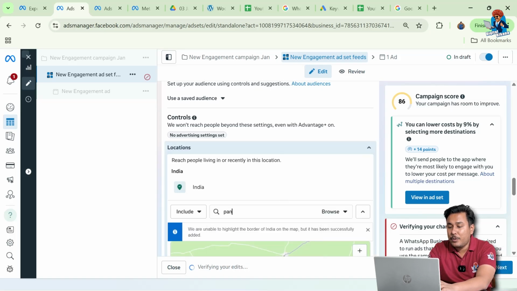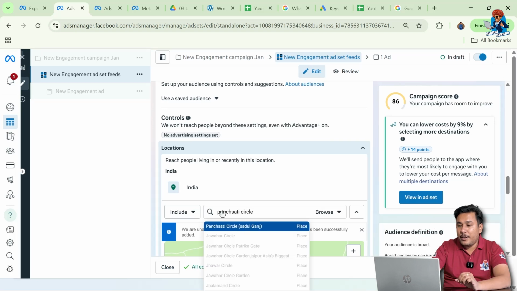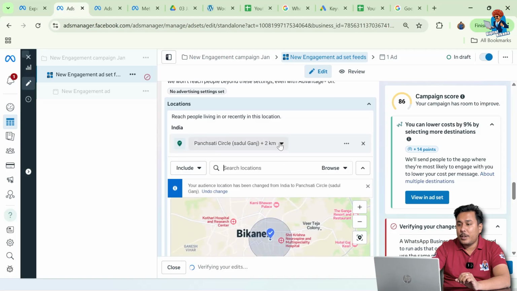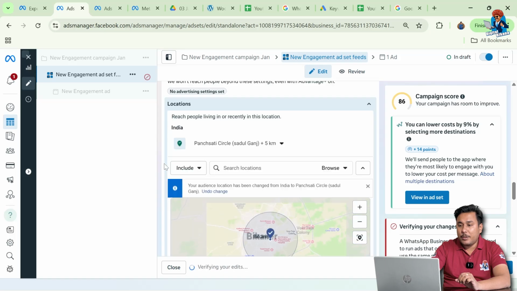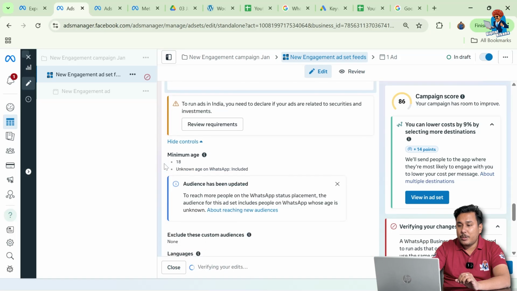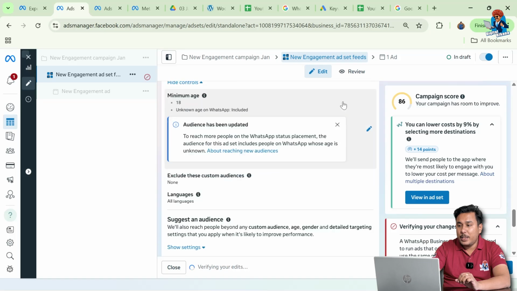As I want to run my ad in the periphery of my office, and I have selected my office location, and I want to run my ad in whatever distance, I have selected that also, right? Okay, scrolling down, here we can also adjust the minimum age